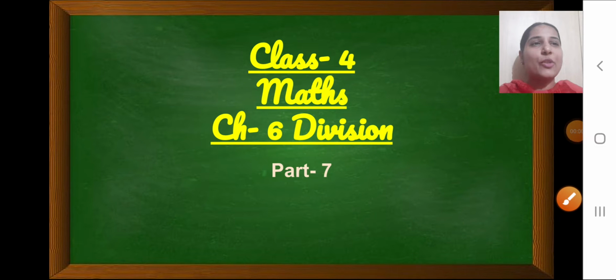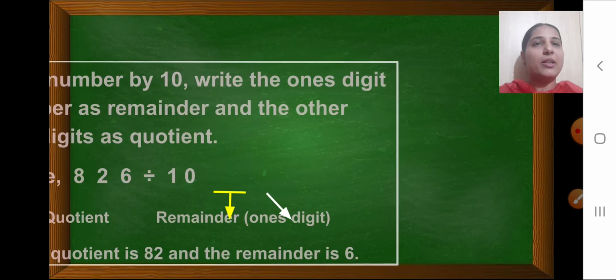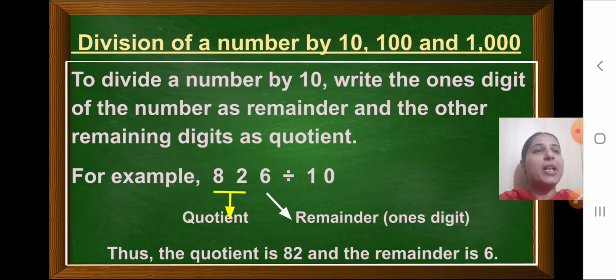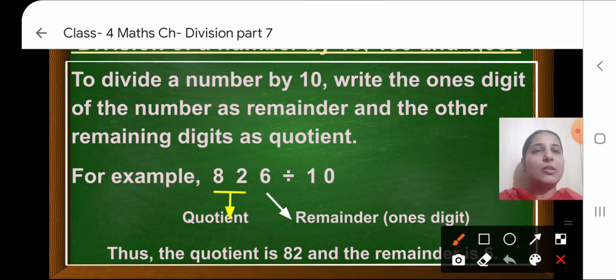So let's continue chapter number 6, division, part 7. So children, today we will see how to divide a number by 10, 100 and 1000. To divide a number by 10, write the ones digit of the number as remainder and the other remaining digits as quotient. So for example, just see here children, the question here,